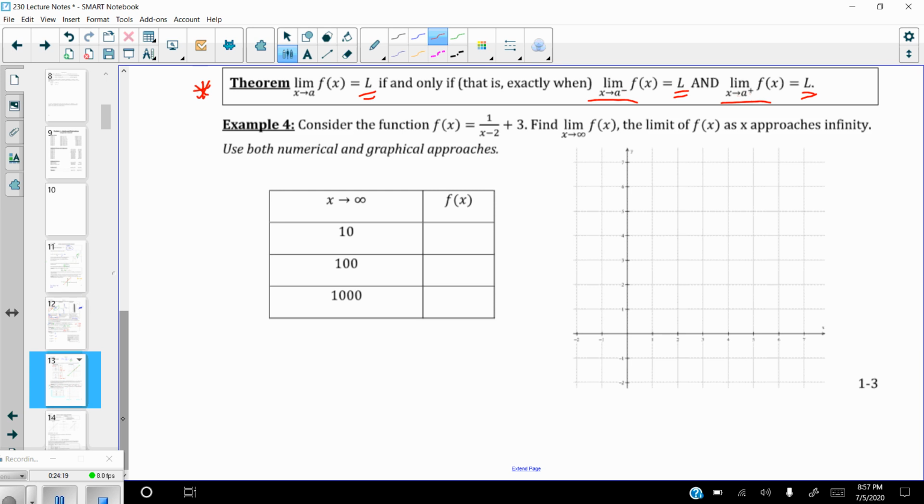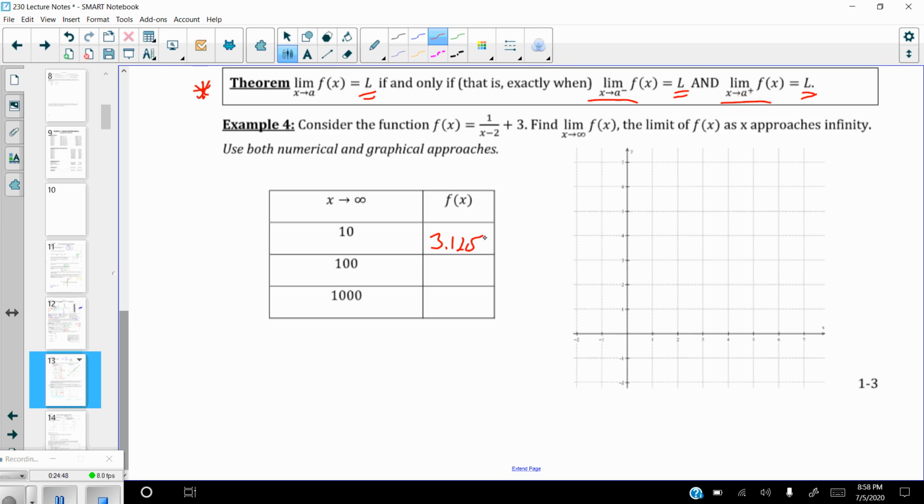So we're going to do this one numerically first. If I were to plug in 10 into my calculator, we get 3.125. Okay, 10 is a big number on the graph that we have here because it doesn't actually even fit on our graph. If we were to plug in 100, which is much bigger than our graph holds, let's see,